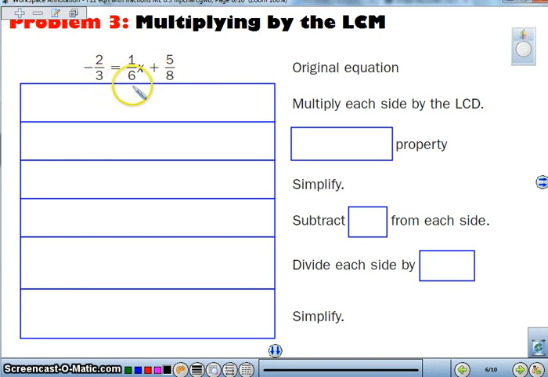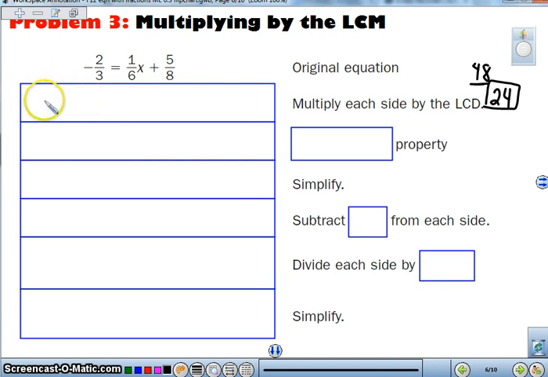Well, I know 3 and 6 both go into 6, and 6 times 8 is 48. So the question is, as I'm looking at this, what do I want to multiply everything by? My least common denominator? Some of you might be thinking 48, but 8 times 3 gives us 24. 6 times 4 gives us 24, and so when we look at that, we don't want to use 48, 6 times 8, we want to use 24. Sometimes if you don't use the smallest one, then you just have to divide more later,